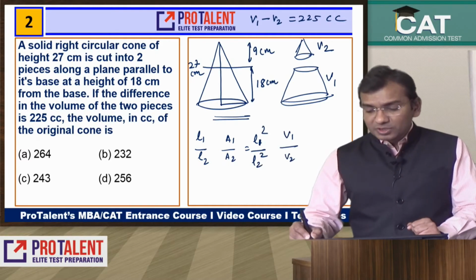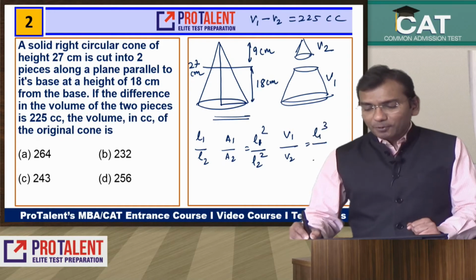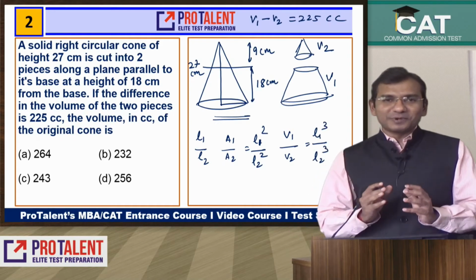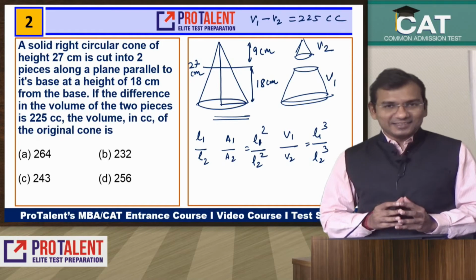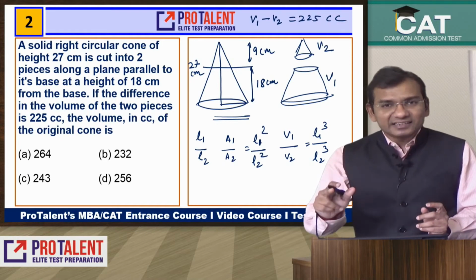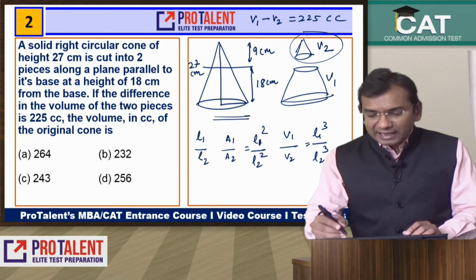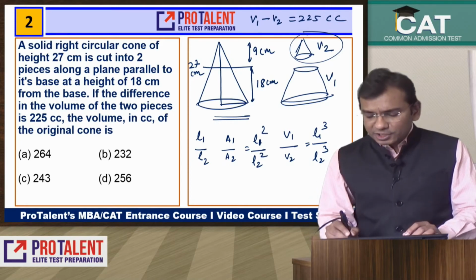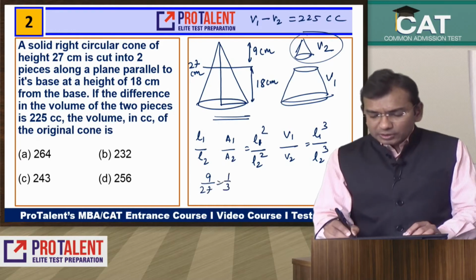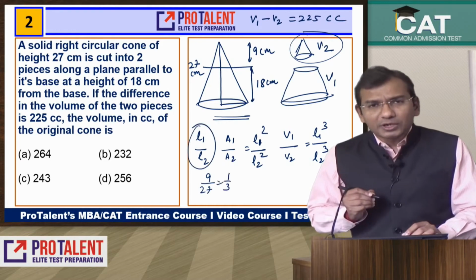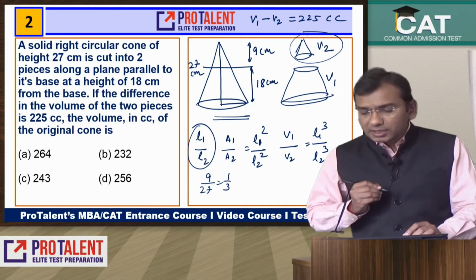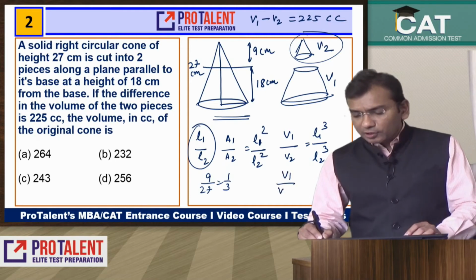V1 upon V2 is equal to L1 cube upon L2 cube. Now you can see the ratio of the heights of the smaller cone and the bigger cone is 9/27, which is 1:3. So the ratio of lengths L1 upon L2 is 1:3. That means the ratio of their volumes will be